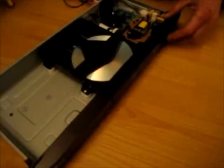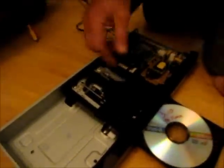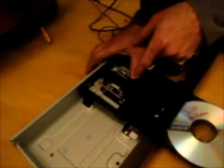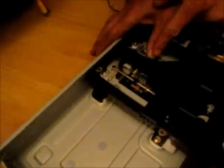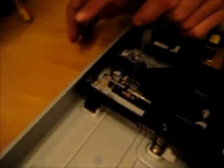pots, they call them. That's what they call them, pots for short. And again, they're right here. If you pull out the reader mechanism, you can see them. There's three of them. They look like little screws. I don't really know what these things do, but they adjust the way it reads the disc and the intensity of the laser, and if it's not working, just kind of finesse them one way or the other, but remember